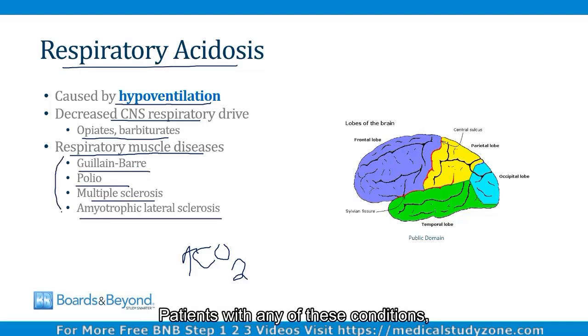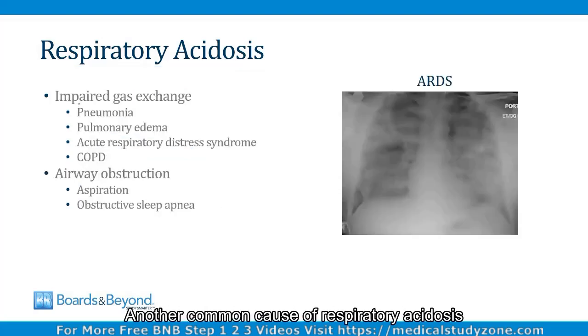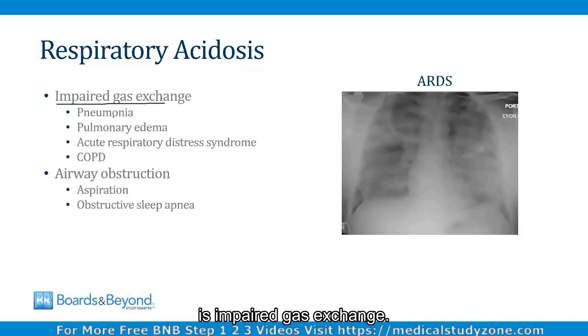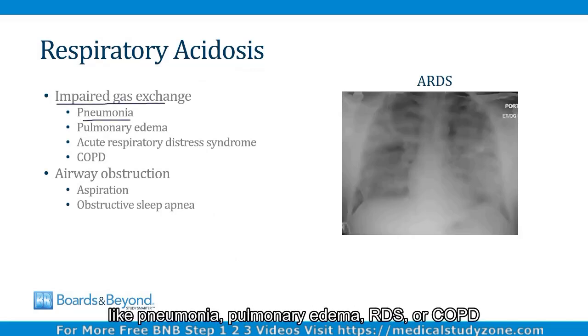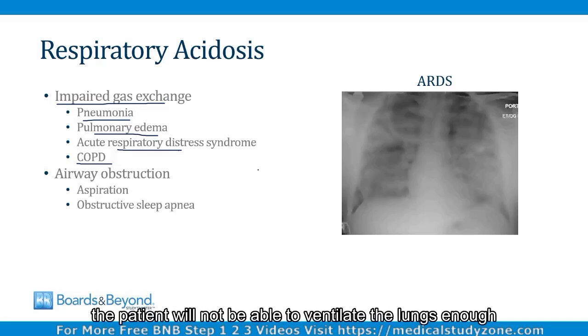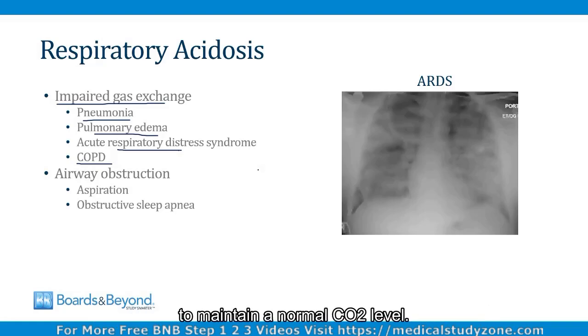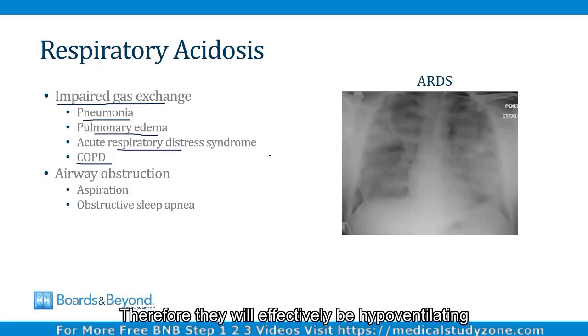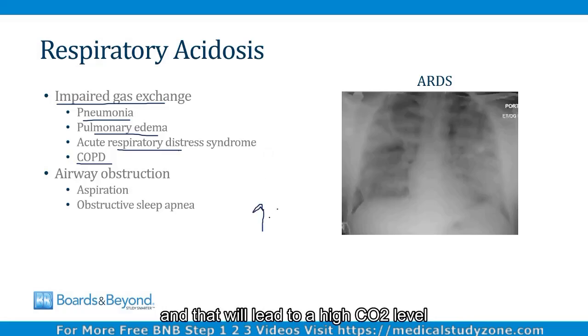Patients with any of these conditions, if the respiratory muscles are affected, will begin to hypoventilate, and that will lead to a respiratory acidosis. Another common cause of respiratory acidosis is impaired gas exchange. Patients who have lung diseases like pneumonia, pulmonary edema, ARDS, or COPD have an impairment in the ability to blow off CO2. If the impairment is severe, the patient will not be able to ventilate the lungs enough to maintain a normal CO2 level. Therefore, they will effectively be hypoventilating, and that will lead to a high CO2 level and